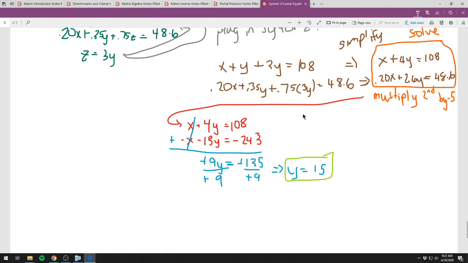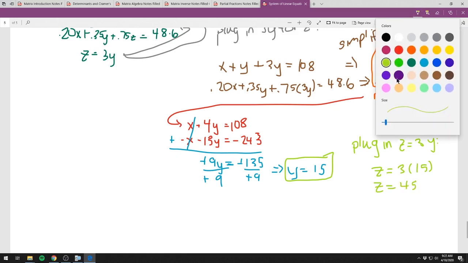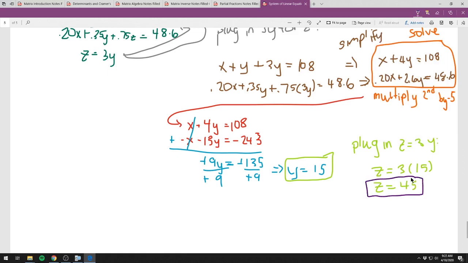All right, now you can plug in to get z. You can plug in to get x. I'm just remembering here, one of our equations was z equals 3y, so we can get z pretty easily. So we get z equals 3 times 15, which is 45. All right, so we've got y is 15, z is 45. To get x,